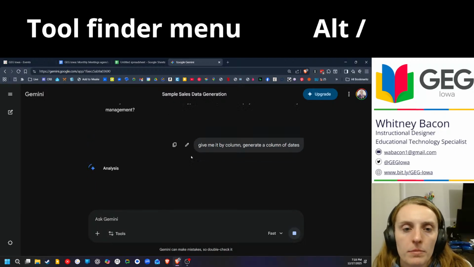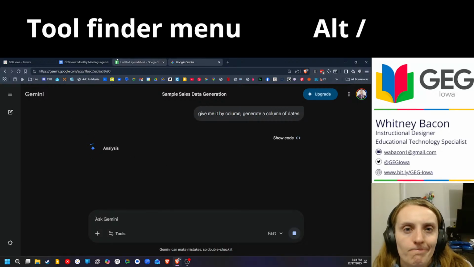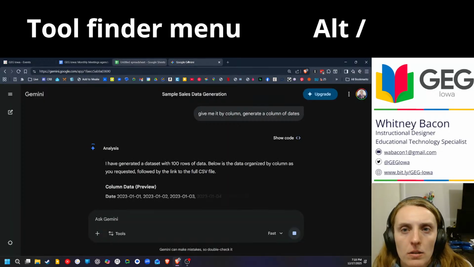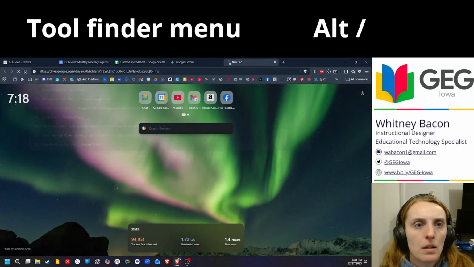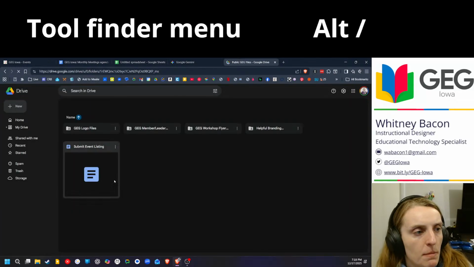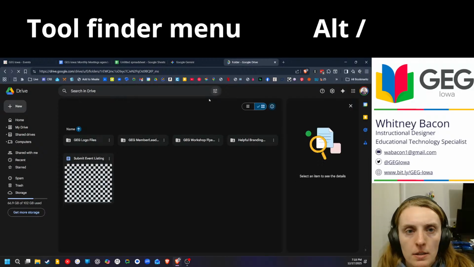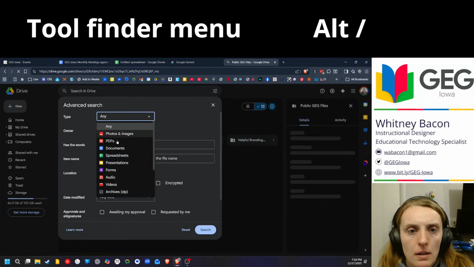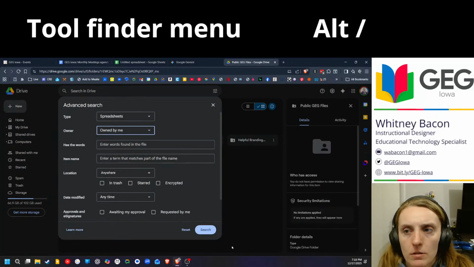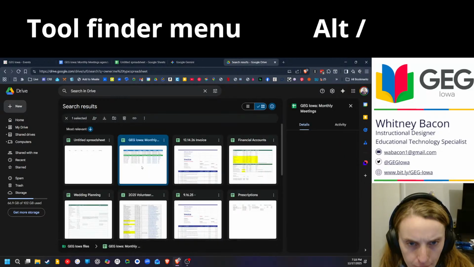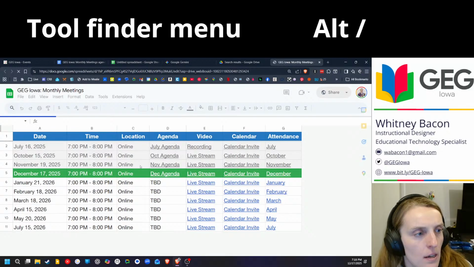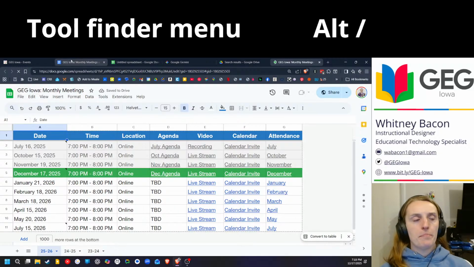Yeah, this isn't very helpful, but I guess something I could use is an example from some of my personal stuff. So let's see, if I open a spreadsheet, it's owned by me. I could do probably my wedding spreadsheet, or actually, let's just use our GEG Iowa one. Okay, so,